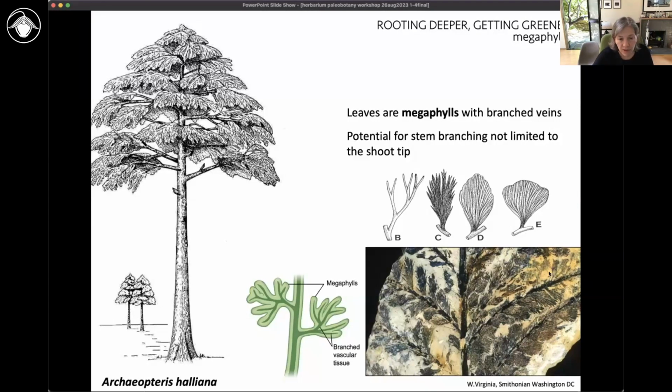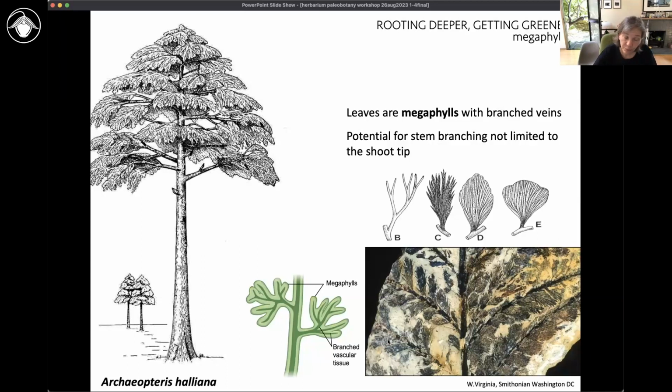Now, there is a picture at the bottom of one of those Archaeopteris leaves, and that's still relatively segmented, but through all those little tiny segments, there are vascular bundles present, or veins present. If you look at the diagram to the left, you can more or less see what I mean when I say megaphylls. It's different veins actually that are present in the leaf tissue instead of just one vein. And why is that important? Well,